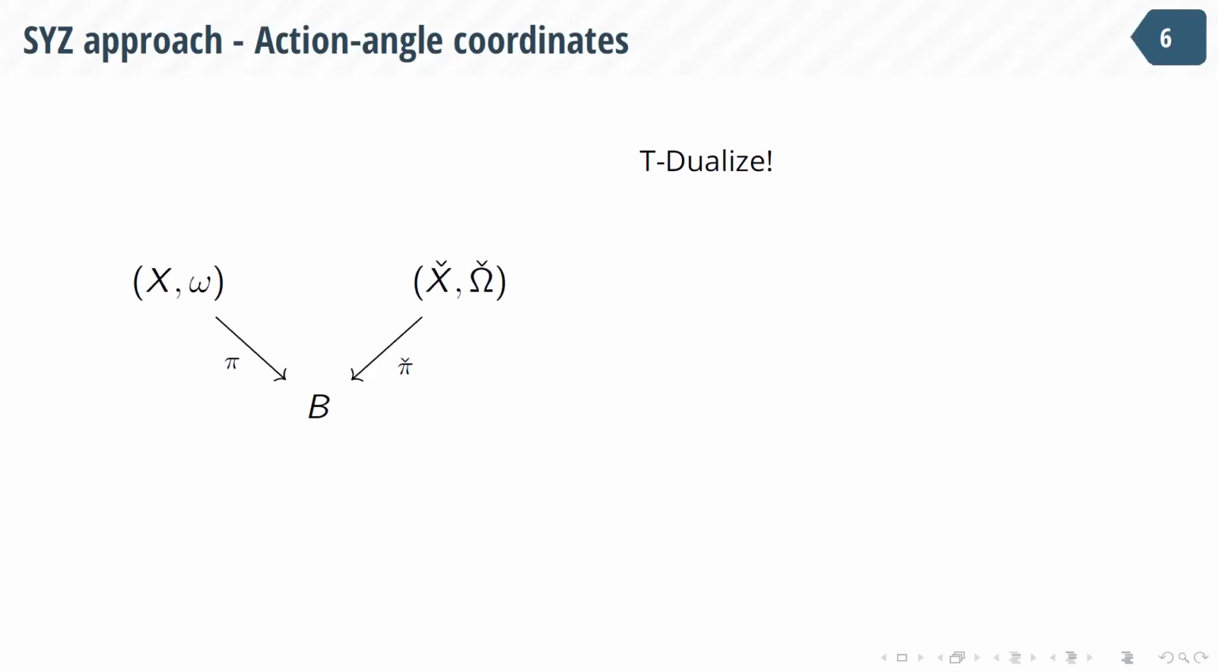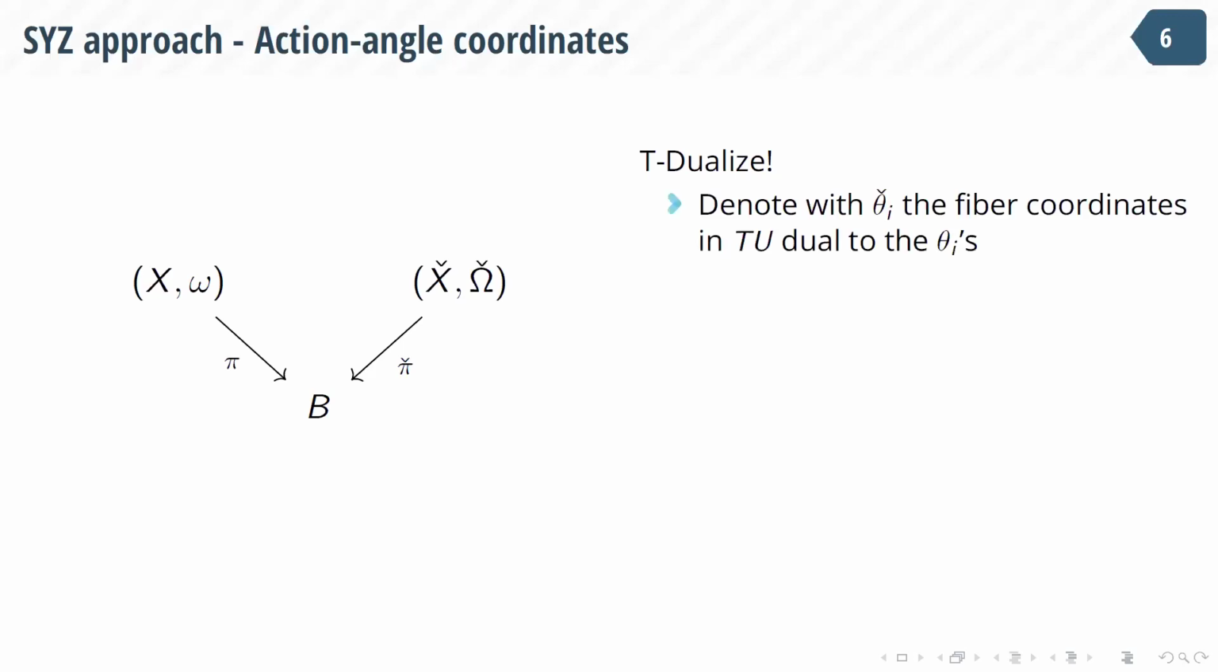That means we can look at a torus fiber as a vector space modulo a lattice. We can take the dual vector space and the dual lattice and obtain the dual torus. So we denote with theta check the fiber coordinates inside the tangent bundle of the open set, and these coordinates are dual to the preceding theta i's. Once we have dualized the torus fiber, we can glue together all these tori, and the new manifold obtained